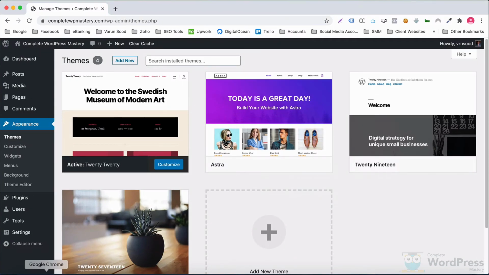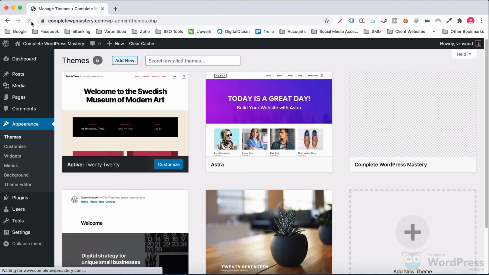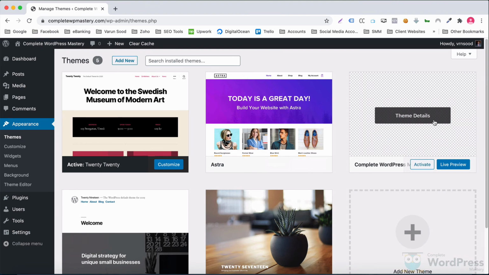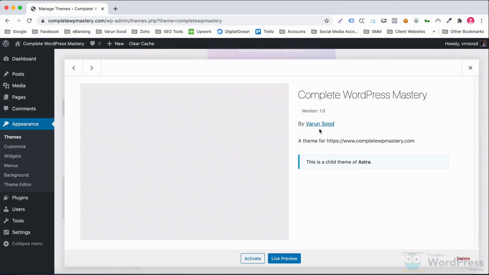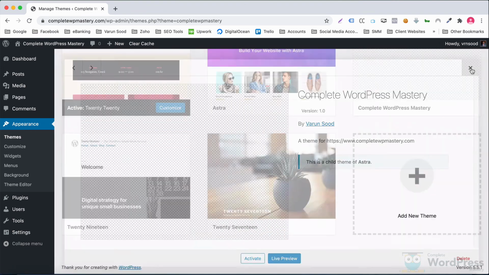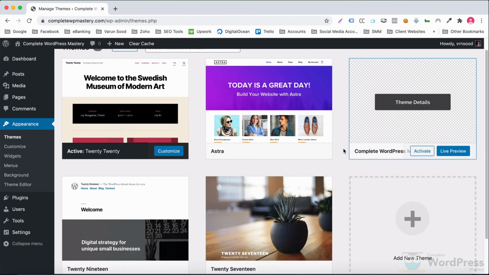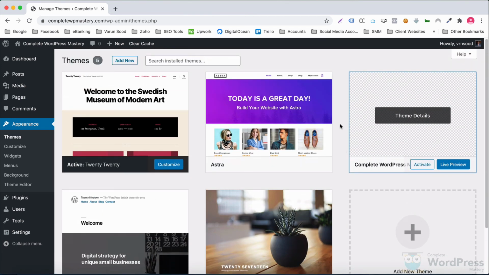If you come back to the WP admin panel and visit the themes page, you will see that WordPress has detected our child theme. There is no screenshot of the theme available because we have not specified one. We want to keep things simple and quick at the moment and reserve all the fancy stuff for future videos.